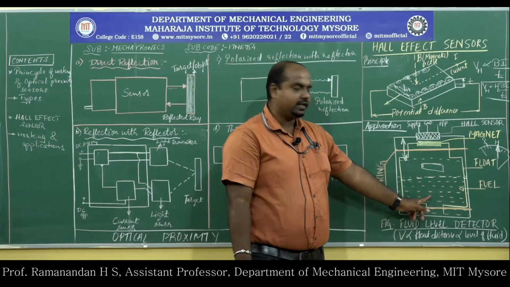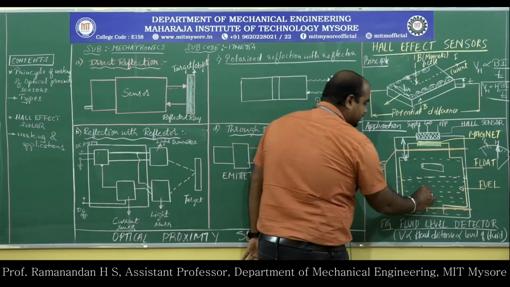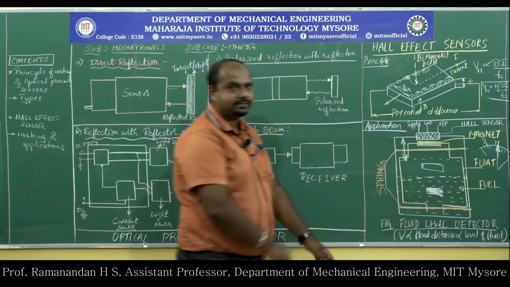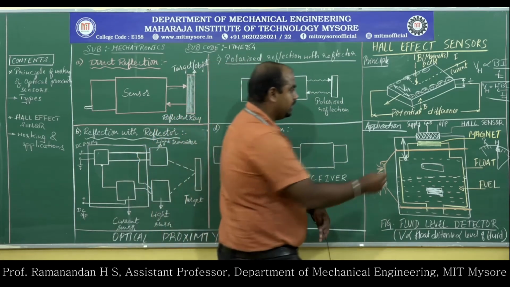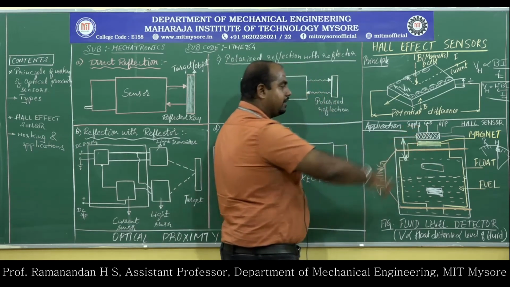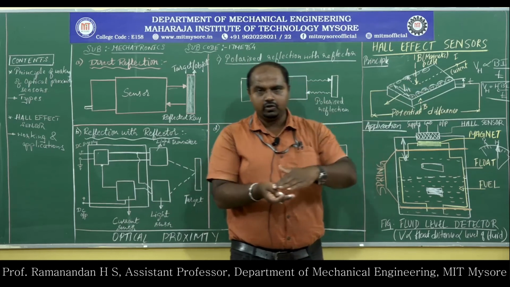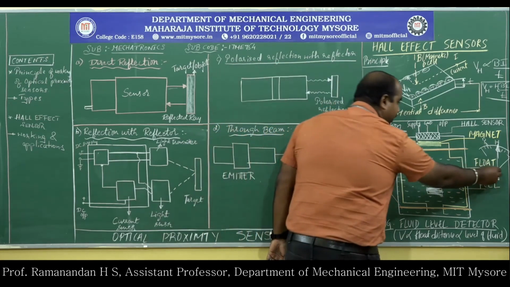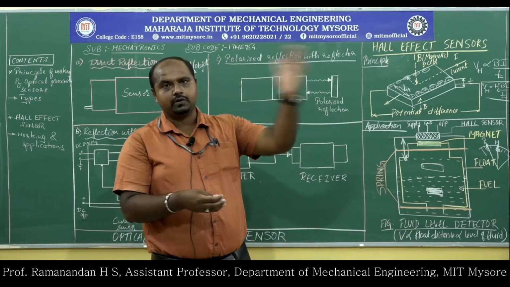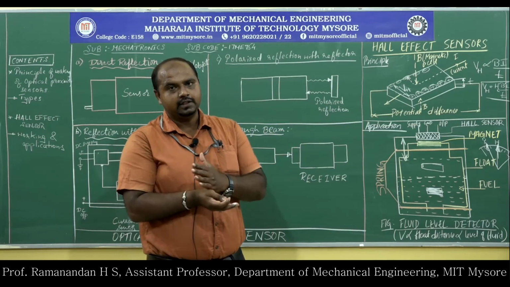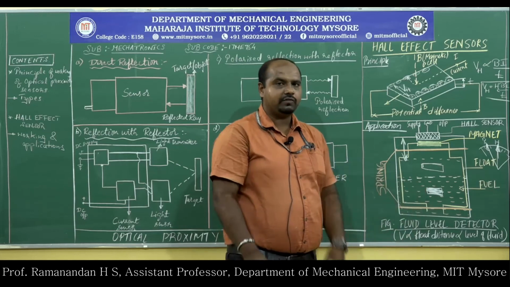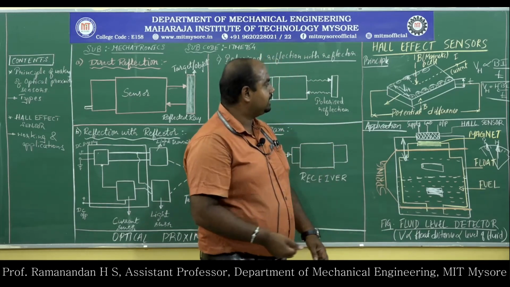Lastly, if the level is near the reserve, say 1 liter, 1.5 liters of petrol, your magnet floats here. So obviously it is too far. The magnetic lines of force are too far from the electrical field. Obviously the potential difference VH will be too low. That shows the pointer now points to the reserve. So the correlated input is measured with the help of the Hall effect sensor as an output in the fuel meter. So this is a very efficient application of the Hall effect sensor.